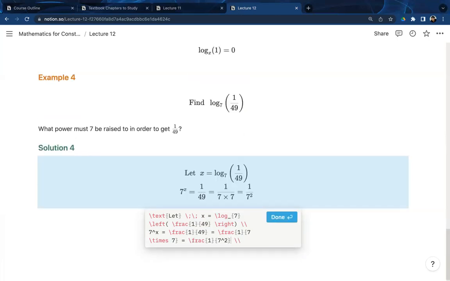That's 1 over 7 squared. That's 7 to the power